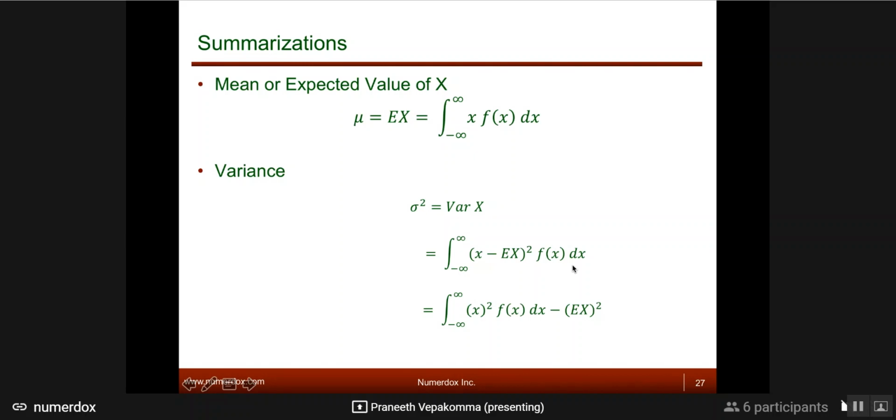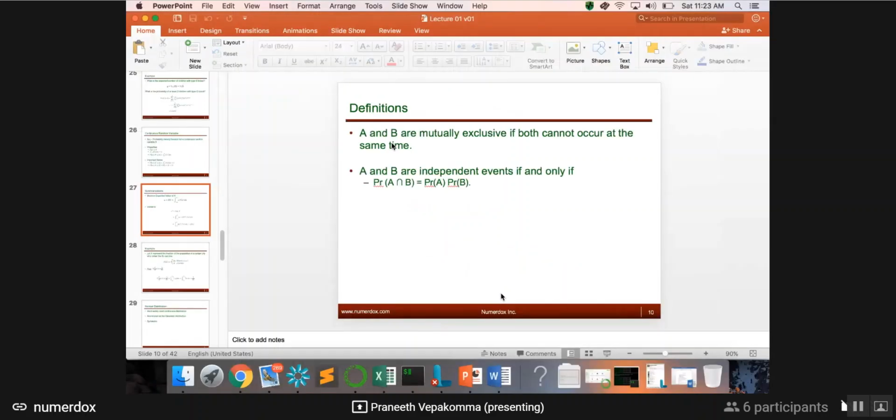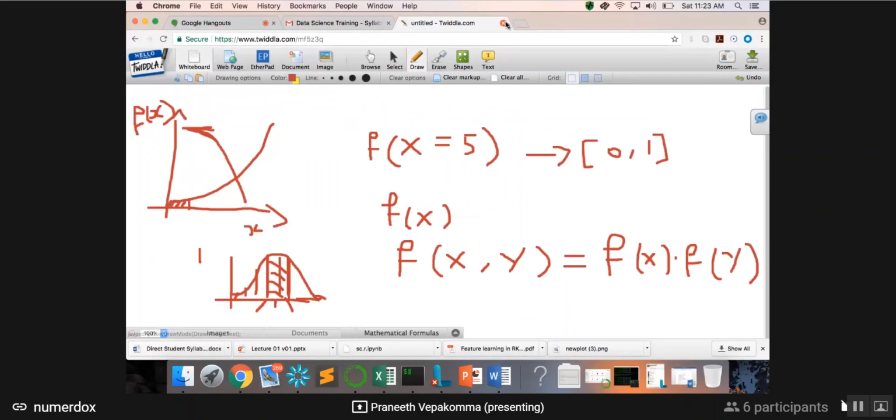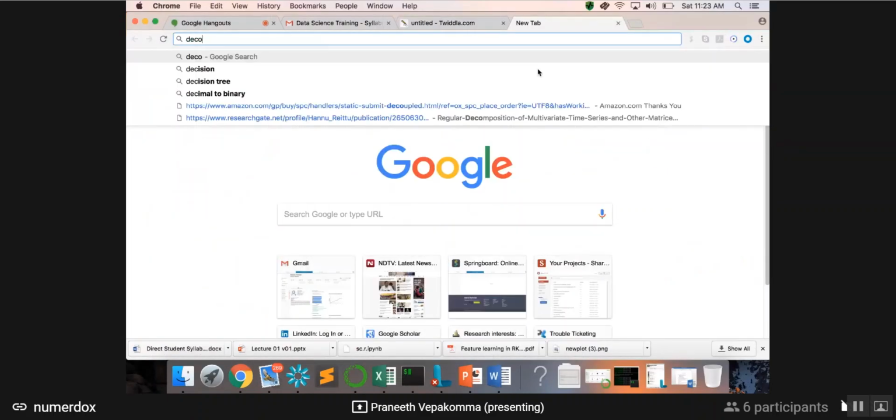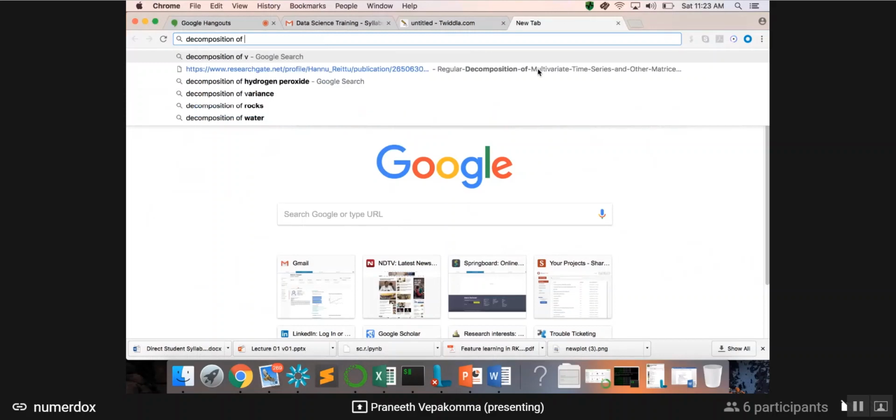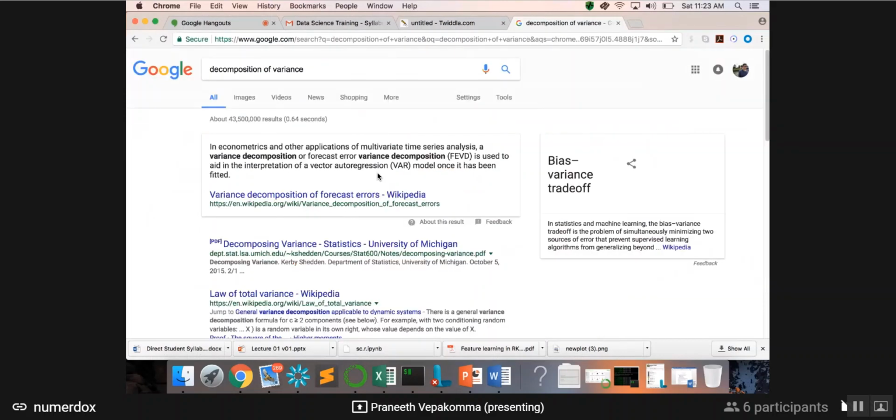Oh, I see. Okay, so I see what is going on here. So it is definitely not a typo. There is a theorem that makes sure that that happens. It's not visible directly, but if you look at the decomposition of the variance, it is called the law of total variance.